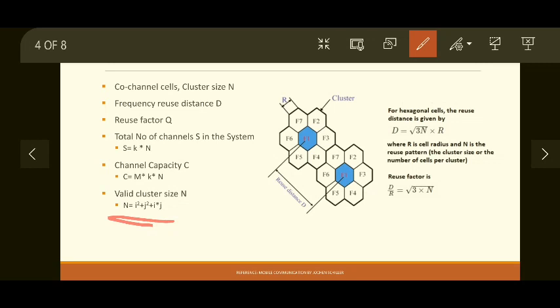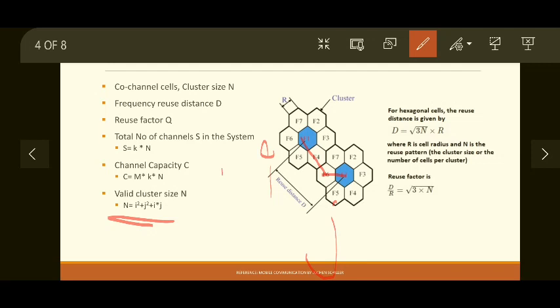So what is i and j? Now i is a straight line direction over which you can travel, that is i, and then you have to change your direction by a particular degree and reach another cell. This distance will be considered as j. So i is a straight line distance, j is a distance covered after changing the direction.